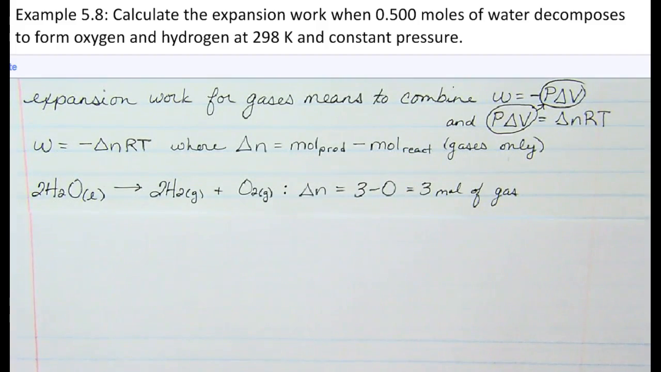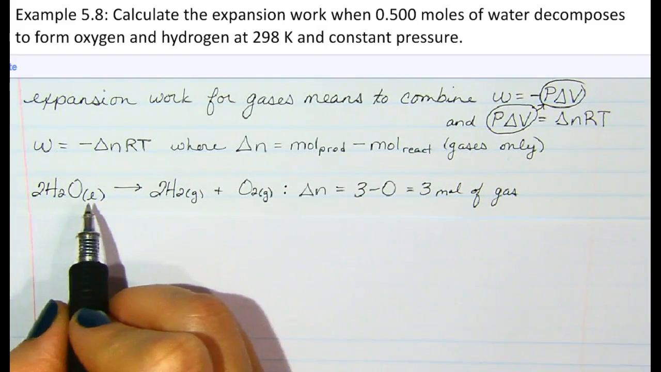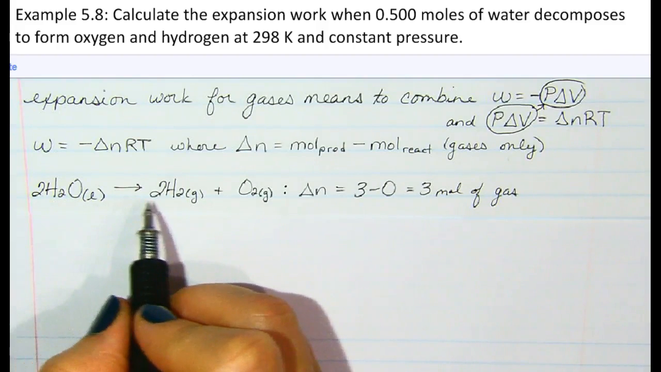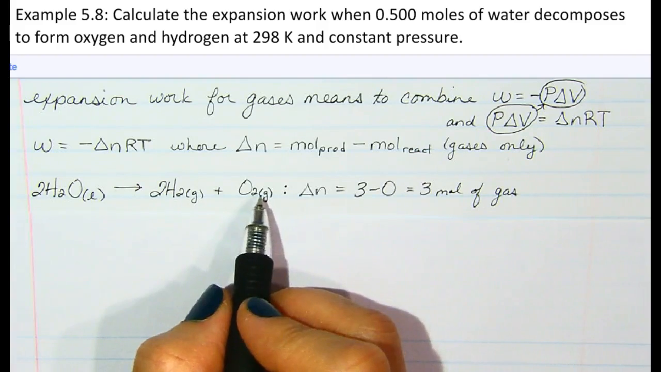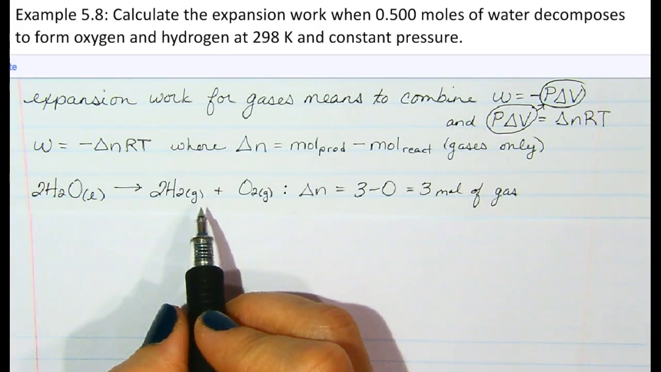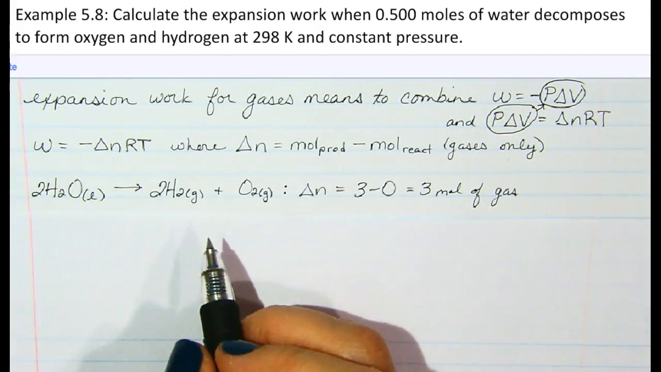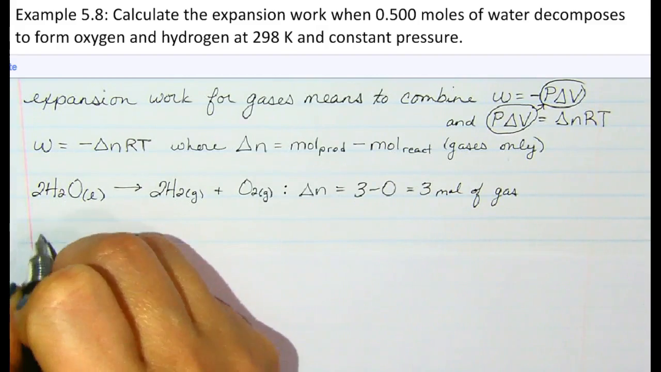And we'll actually be told that you have 2 moles of water as a liquid, and it's going to yield 2 moles of hydrogen gas plus 1 mole of oxygen gas, because we're actually still going on the same equation from the first example in this series. So now that I know what my delta N is, we can solve the equation where work is going to